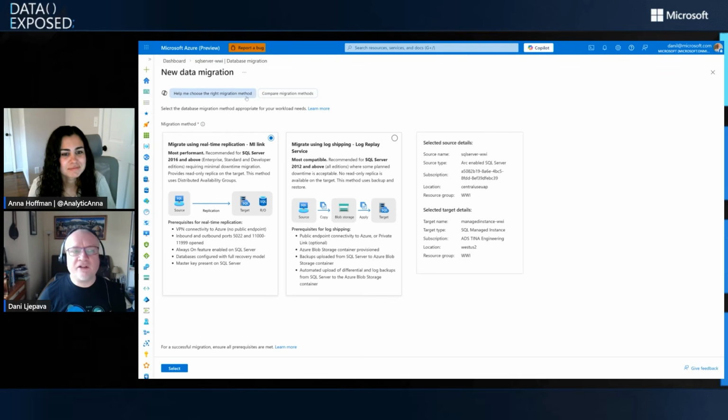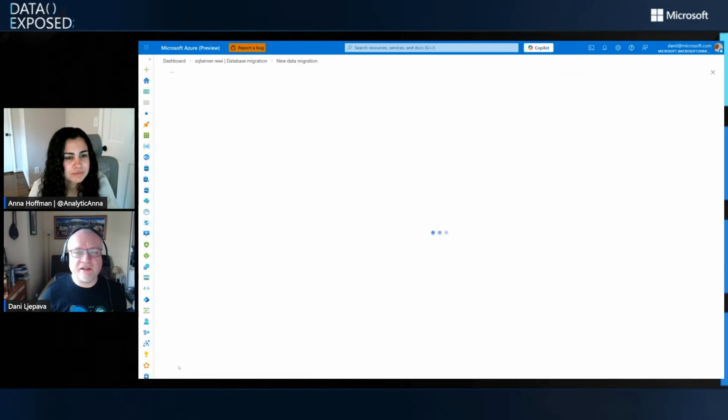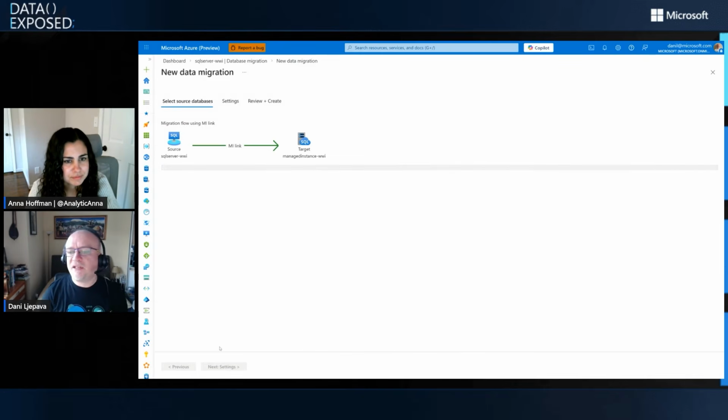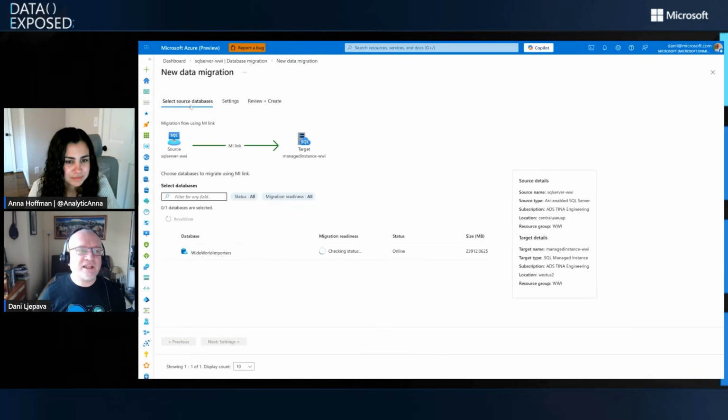Again, we have Copilot integrated, and you can click on Help Me Choose Migration Method at the top to get the help. For this purpose, I will click on selecting MI Link. Both experiences have only 3 screens. So select source database, settings, and review and create. So in this particular